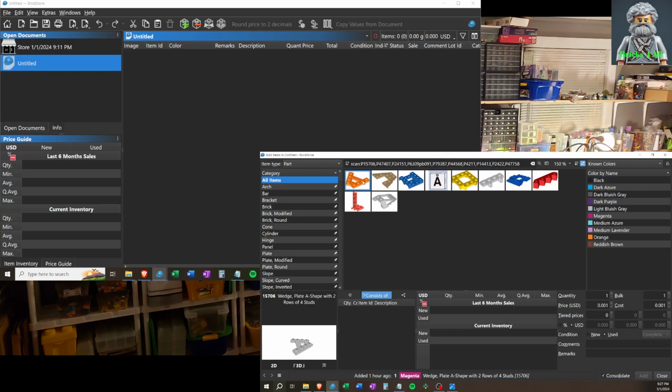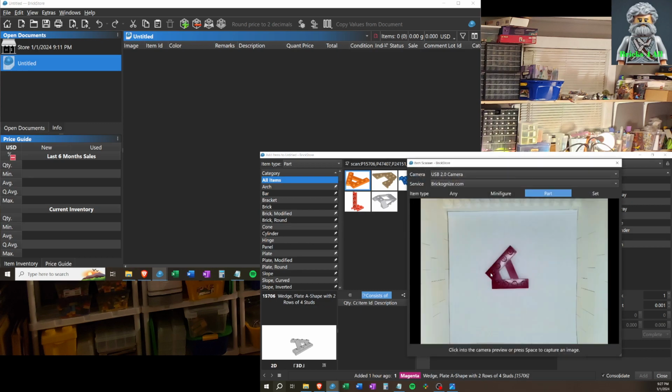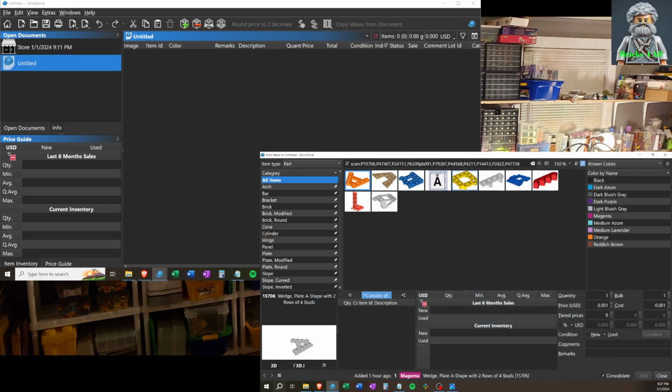me exactly what piece that is, and I can match that piece up and we can verify it's the same piece. The variations, it'll give you potentials, and some of them have, you know, extremely close variables. In this one it's pretty simple, and then we'll pick our color. In this particular case our color is magenta, and it will say part 15706, the right color. It'll give you a 3D model that you can use to